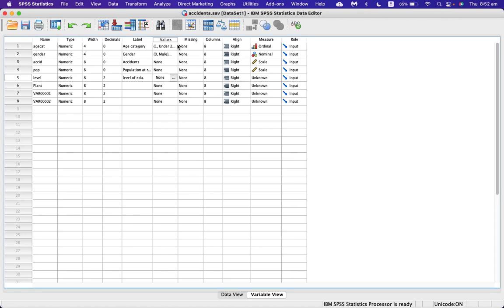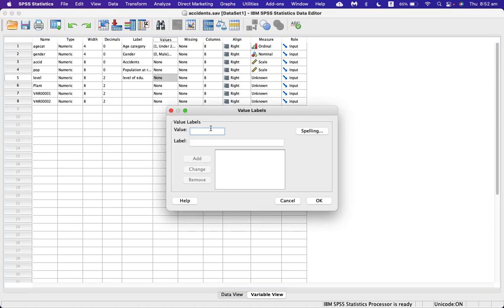Okay. So this is the important one, values. Whenever you have multiple MCQs, whenever you have options, what are the different options you have? You have like 4 options, 5 options. All those things you have to fill in here. This is how the software knows that these are the options that are going to be filled. So you just have to click on this small box here, and you can give the value and